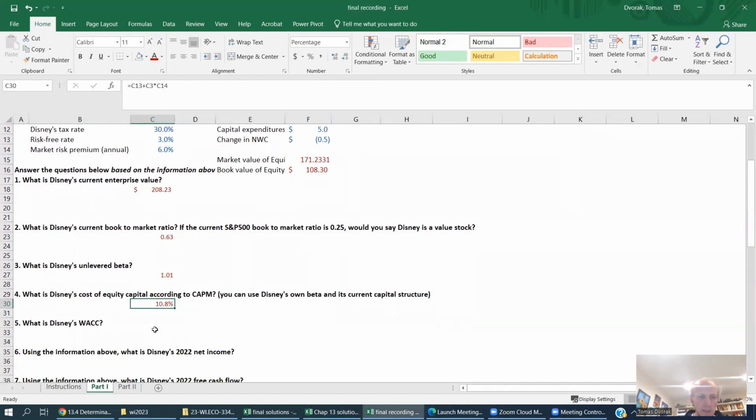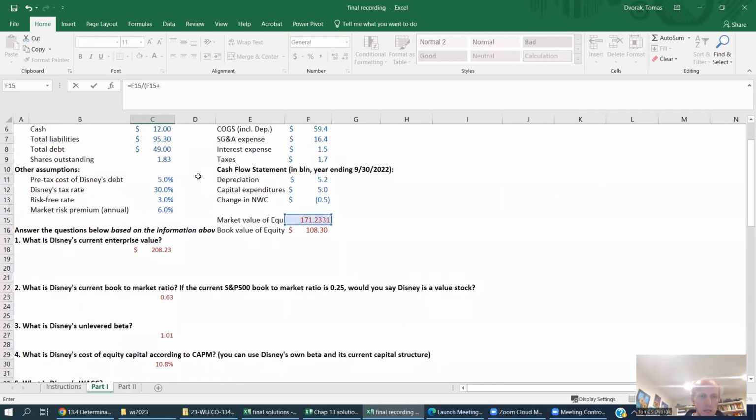Fantastic. What is Disney's WACC? Let's do that in one formula. We're going to have to calculate after-tax cost of debt, but let's first do weight of equity. So that's the market value of equity divided by market value of equity plus total debt